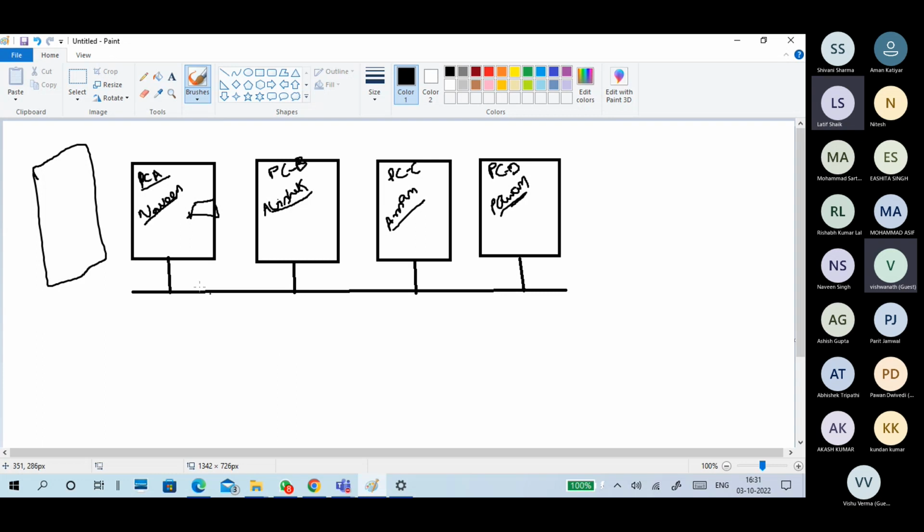Next, guys, you have 4 computers. You have to do certain settings in the 4 computers. You have to go to each and every computer. You have to do a setting, or you have to do some checking. For example,